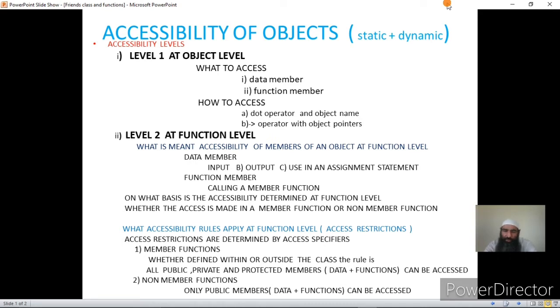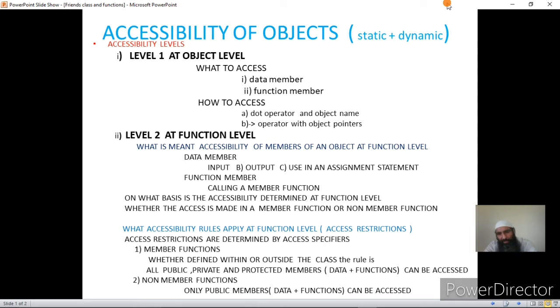That is, whether you are accessing the object in the member function of the class from which it has been instantiated, or in a non-member function with which it has got no relation. So what is meant by accessing at the function level? It actually means accessing the object in a member function of the class from which the object has been instantiated, or of which the object is a variable. Okay, this should be clear.